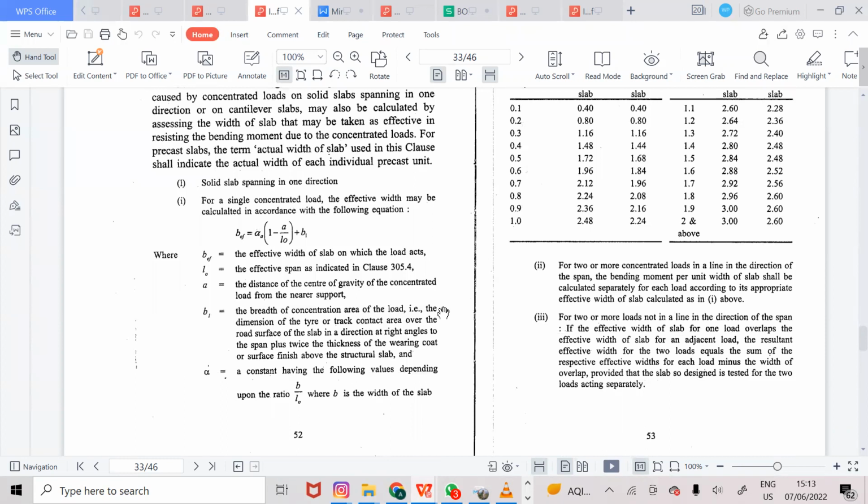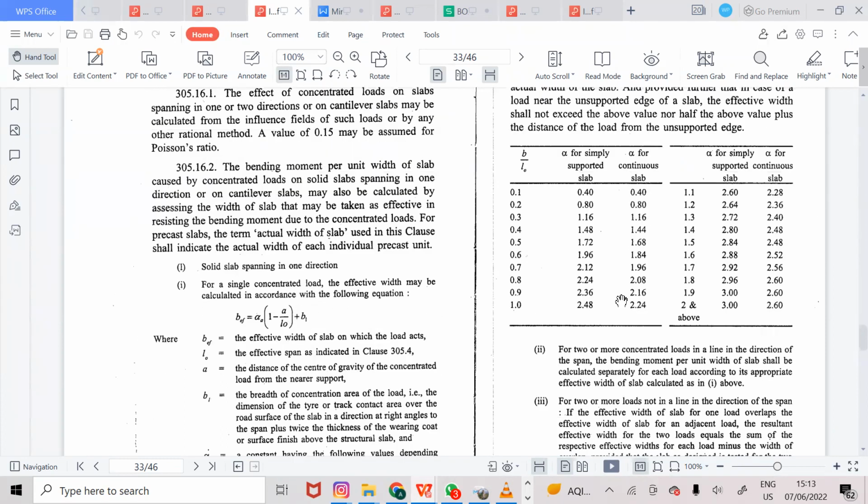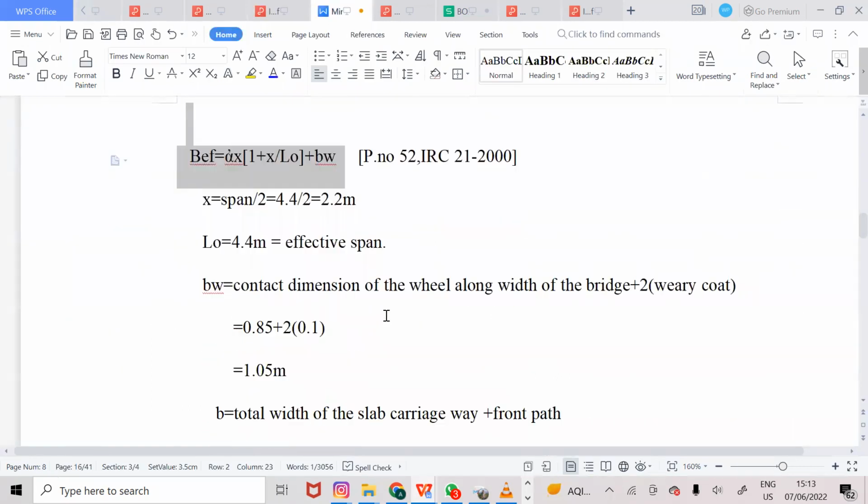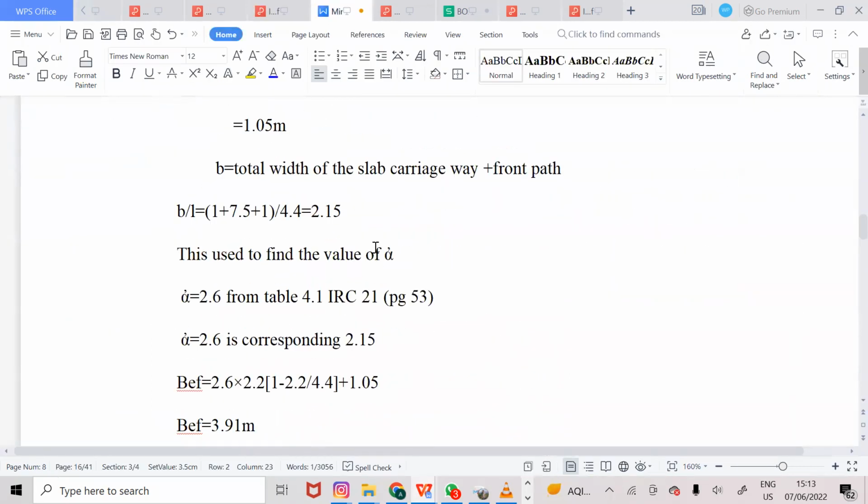effective length is greater than 2, the value should be 2.6. So 2.6. So that's why in my design, as you can see, the value of B over is greater than 2.15. So that